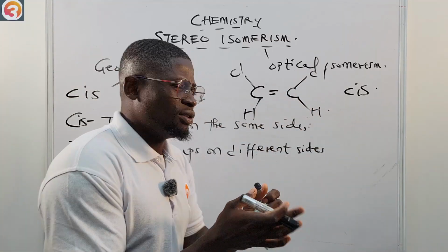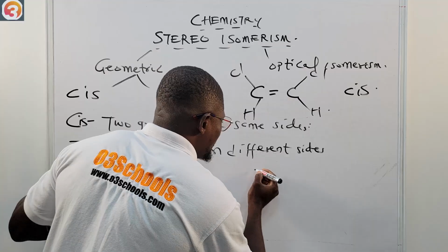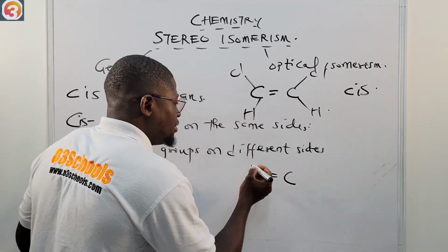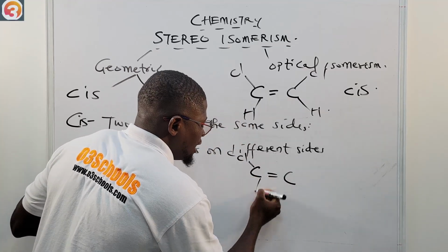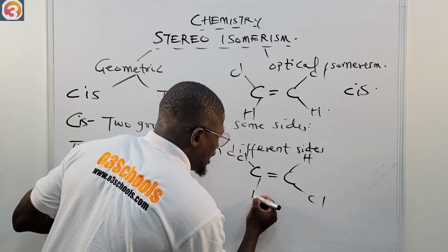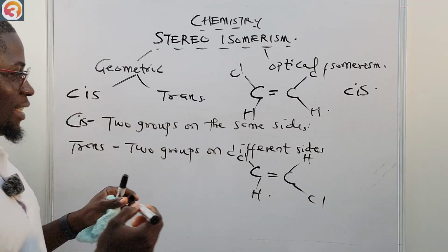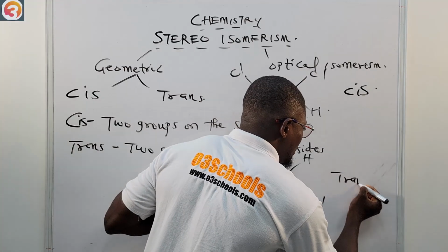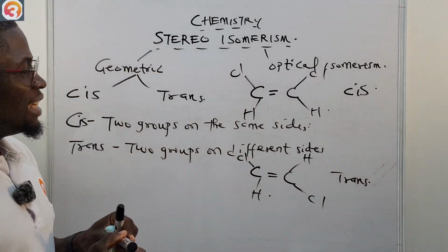Now for the trans isomer, we are going to have carbon double bonded to carbon. Here we are going to have chlorine, here hydrogen, here chlorine, and here hydrogen. So this is the trans isomer on the other hand. This is a trans isomer because it has